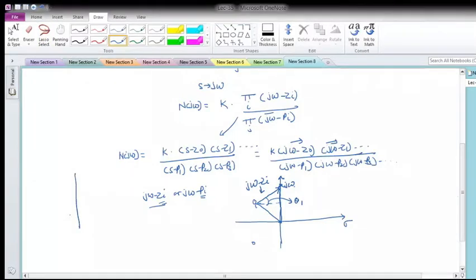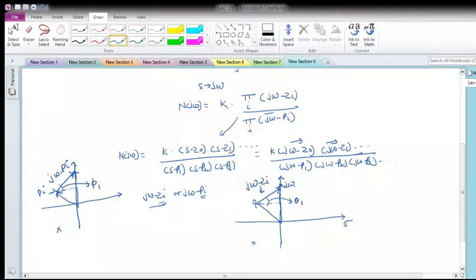So suppose this is my pole; say the pole locations are here. Let us take any point on the j omega axis and draw the vector to it. Then draw the vector to the pole, which will now be j omega minus p1, say this pole is p1. Okay, so this represents the vector magnitude from this pole to any point on the j omega axis. Okay, and this angle made with the real axis is, say, phi 1.